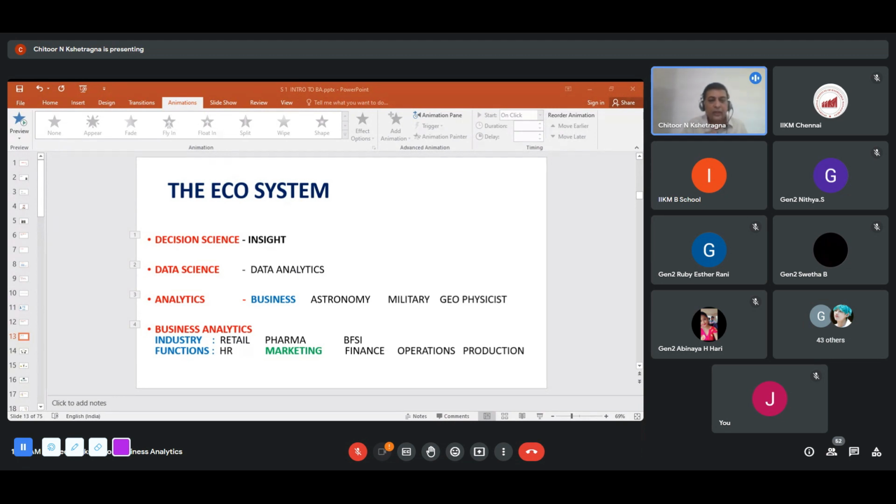And then you have functional analytics. Let us say we'll talk about Swiggy. In Swiggy, we'll also have an HR department, right? They would be the people recruiting new staff. So they also have to do analytics in terms of how many people are joining and how many people are leaving. It's called churn rate. How many people joined, how many people left, and the reasons why they left. Is it about salary or is it about work conditions? That is HR analytics.